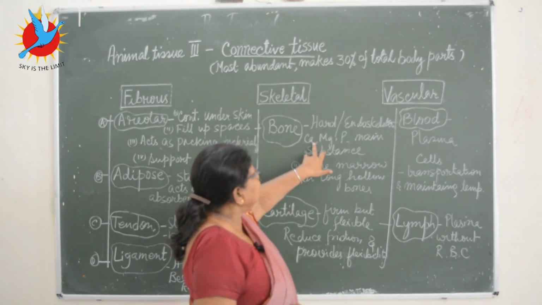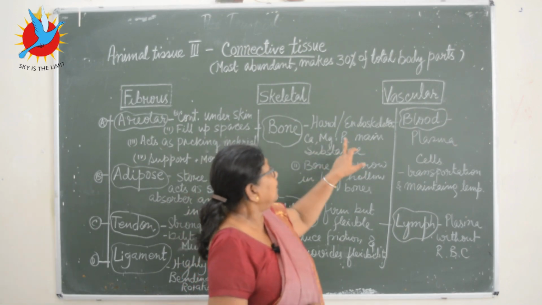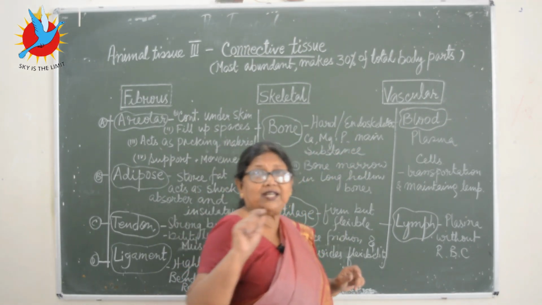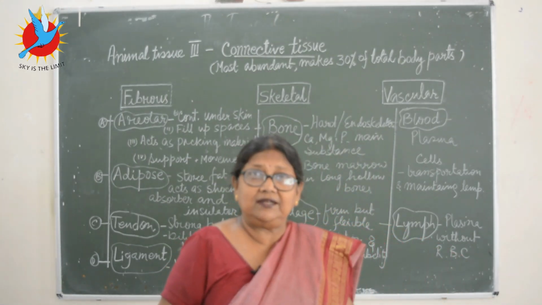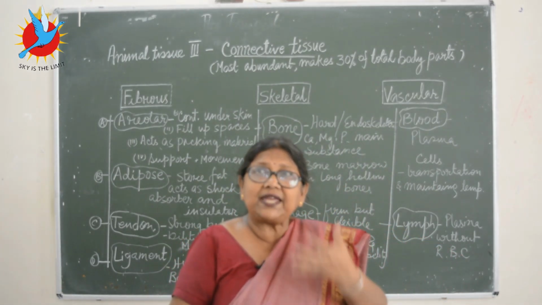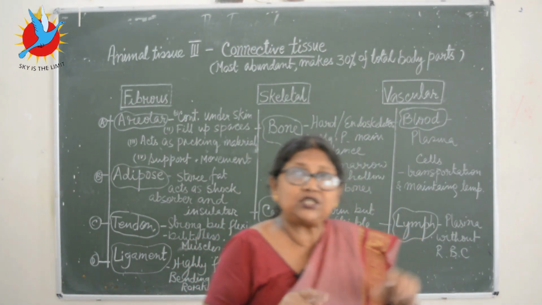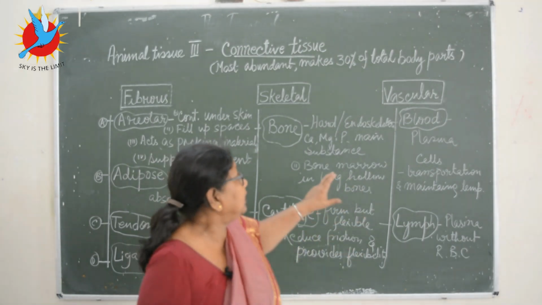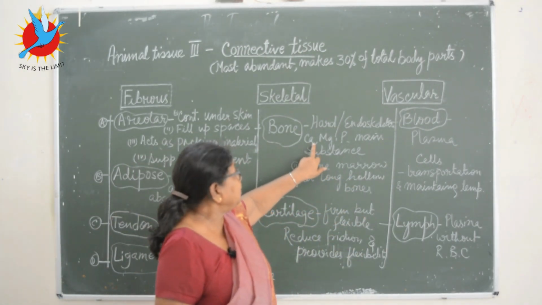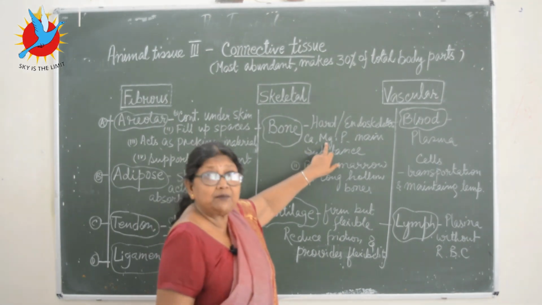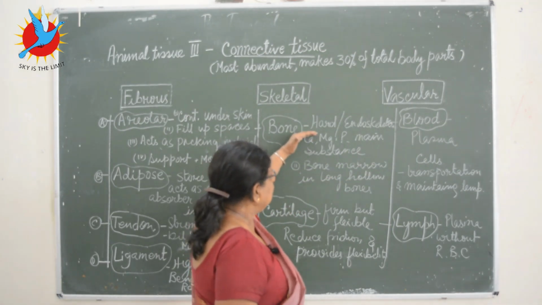And what are the main things that make the skeleton? Calcium, magnesium and phosphorus. You know the children are given calcium tablets by the doctor. Why? Can you tell me why? Because the calcium helps to make the bones. They make the bones strong. That's why the bone is mostly made out of different compounds of calcium. You have done in chemistry, Ca for calcium, Mg for magnesium and P for phosphorus. These are the main substances.